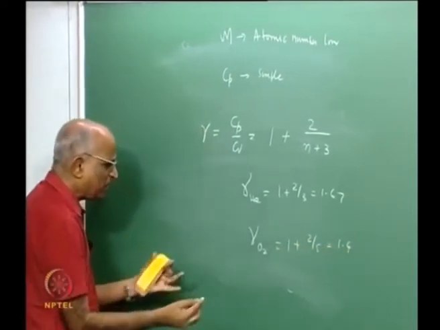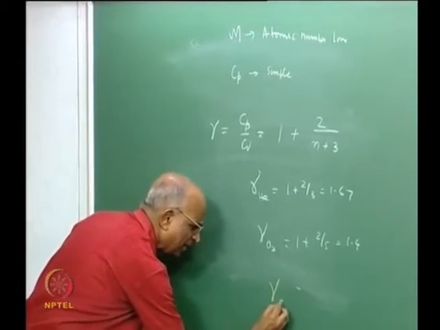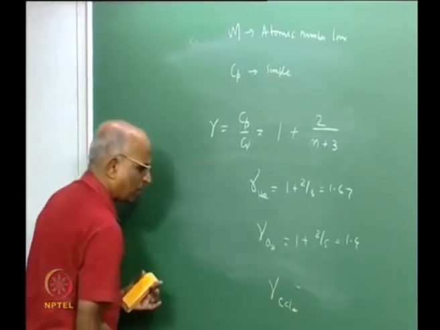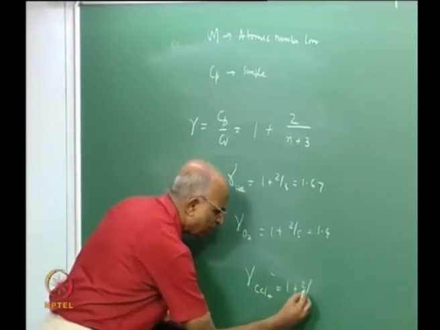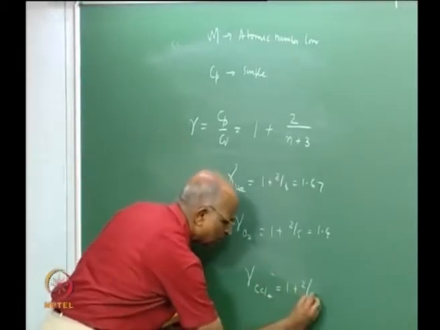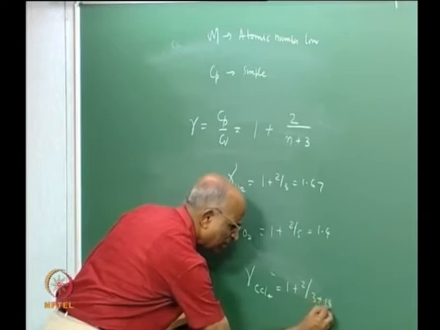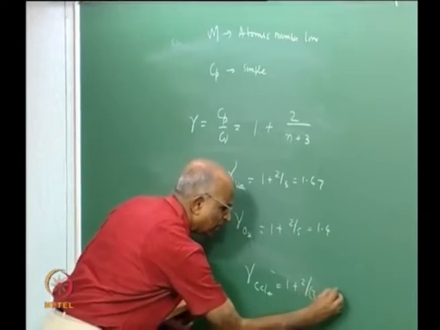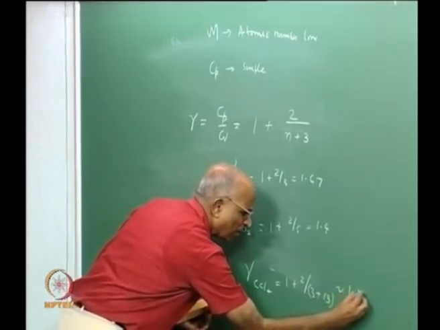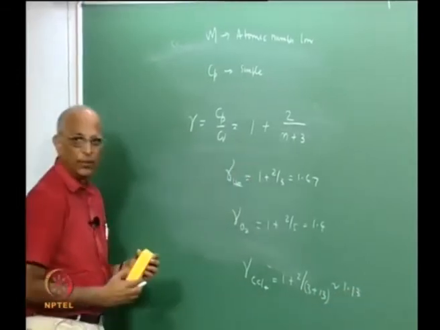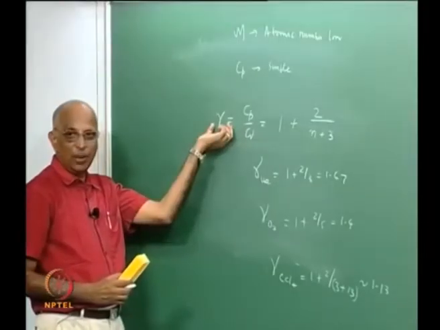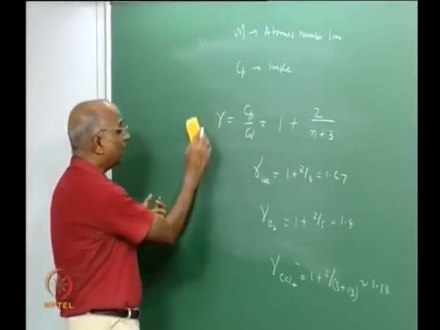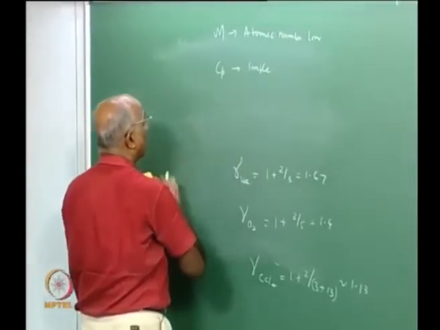As it becomes very complex, gamma for CCl4, carbon tetrachloride, is going to be something like 1 plus 2 divided by 12.5 or so, in which case it becomes something like 1.13 or 1.12. That means more complex molecules have a lower value of gamma, and therefore now I tell myself, if gamma is to be small,